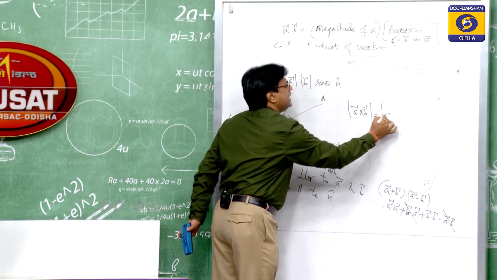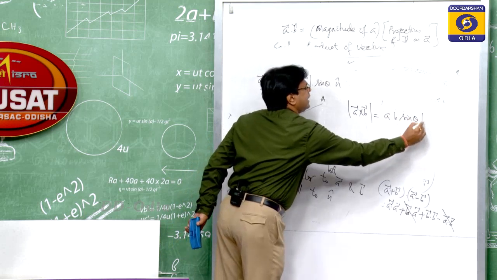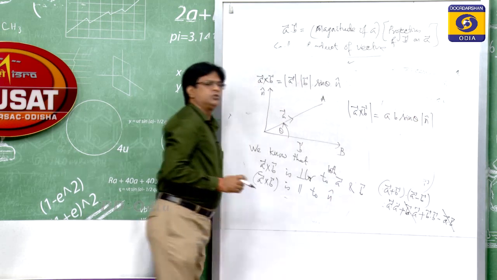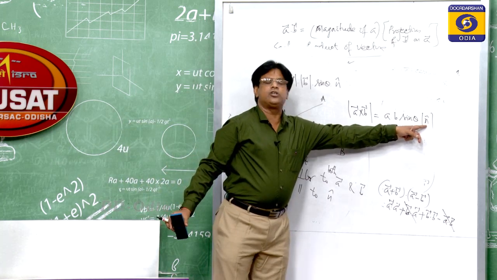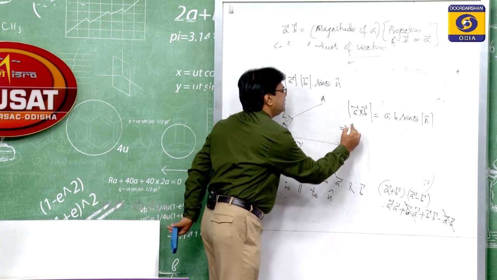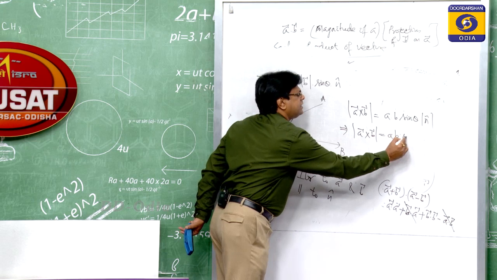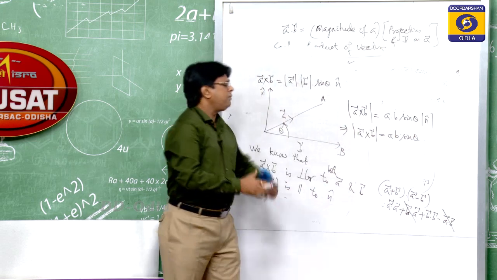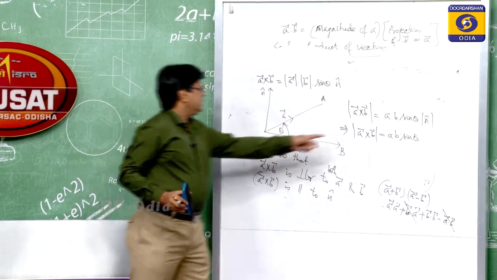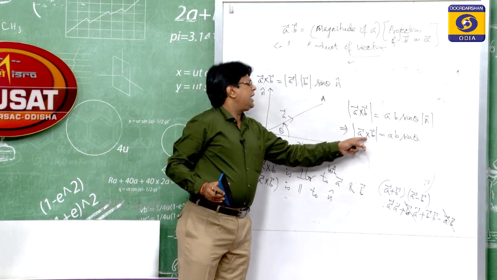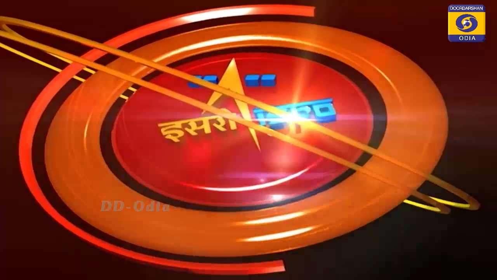So, this becomes A B sin theta, and this is your n cap. n cap is a unit vector, no doubt, so its magnitude is equal to 1. So, when we find the magnitude of A cross B, this is A B sin theta. From this we also find that sin theta, where theta is the angle between these two vectors, is your magnitude of A cross B divided by magnitude of A and magnitude of B.